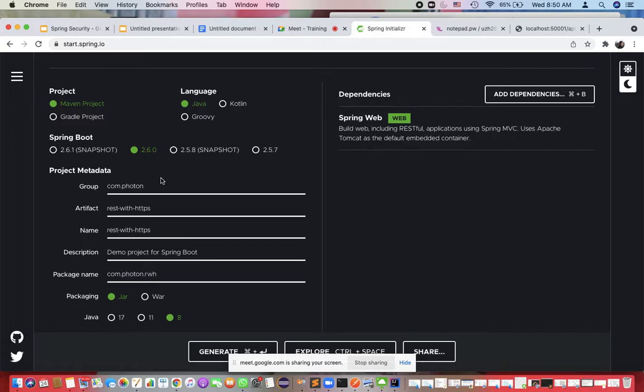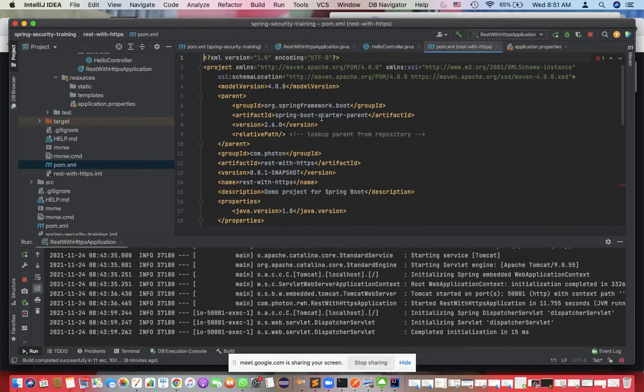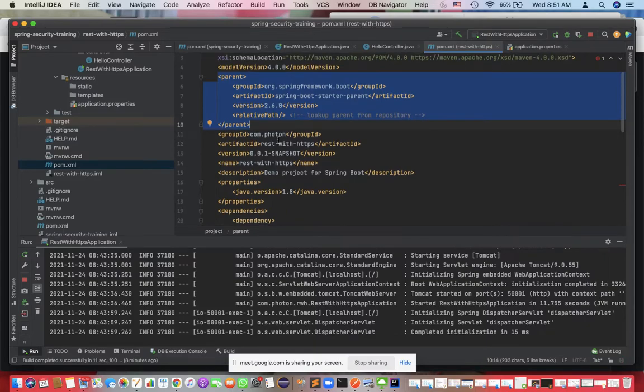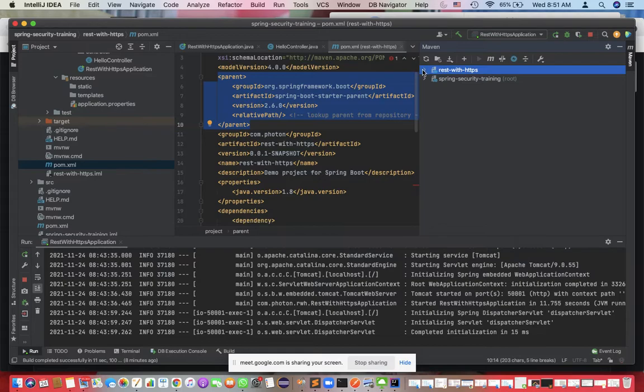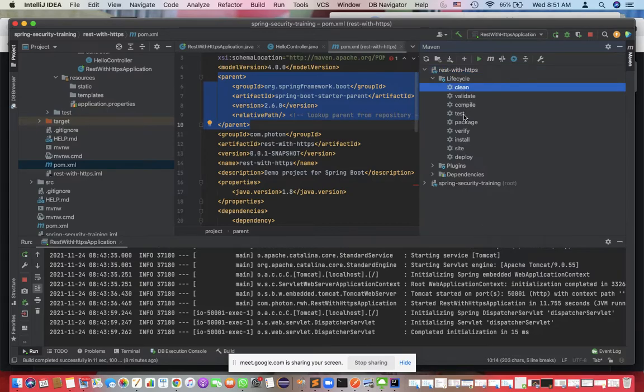Now, what Spring Boot does extra is very important: this is the parent. Every project has its own life cycle. With this parent dependency, Maven by default gives you the life cycle: clean, validate, compile, test, package, verify, install, site, deploy.